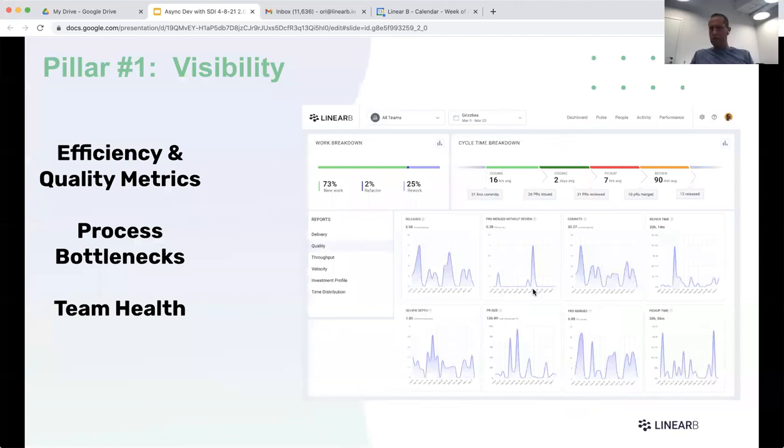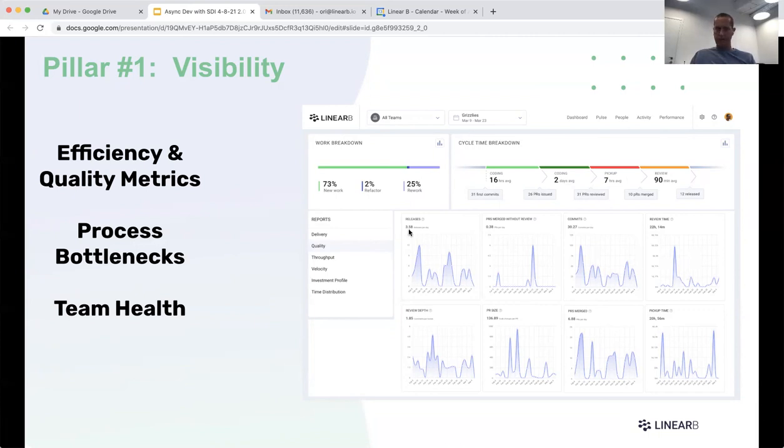So now I'm going to show you a couple of examples for all these three elements: visibility, context, and workflow, out of our product. So first, with visibility, it's basically seeing some great metrics. Some of them are visualized in a pipeline way because it's important to see them side by side. Some of them are more trend driven.